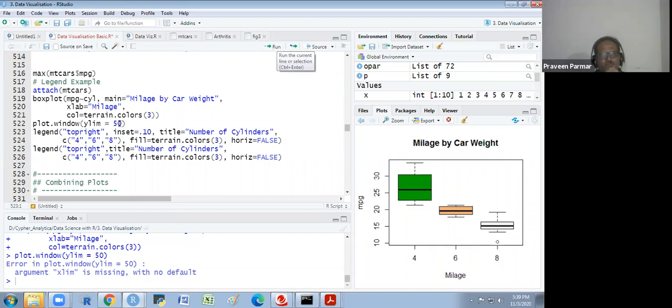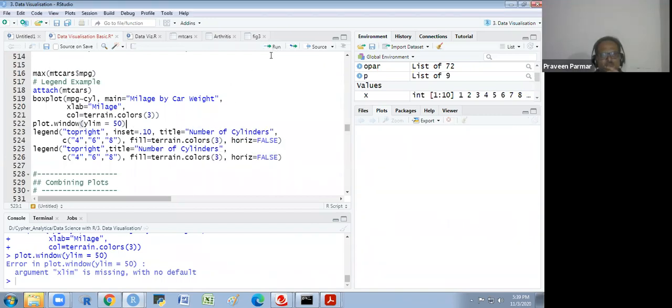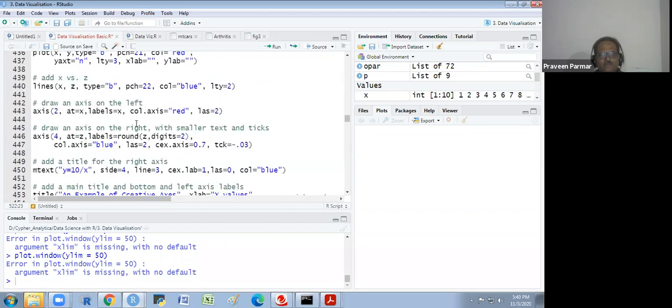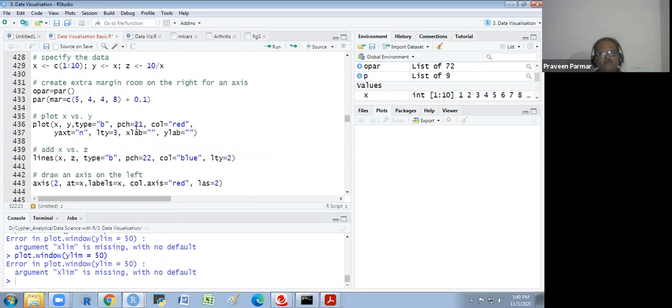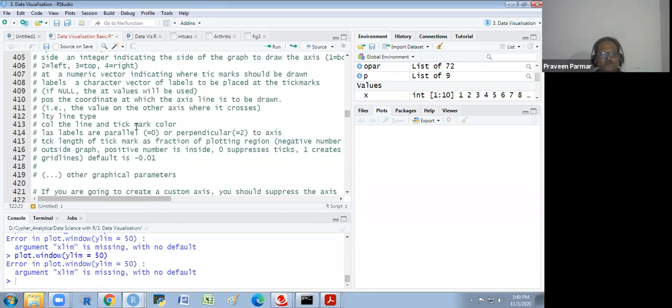With no default. Yeah, it is giving some error. Okay, we'll see it. We could change it. In other plots, we write the xlim and the ylim inside that. Just a moment, I see it.